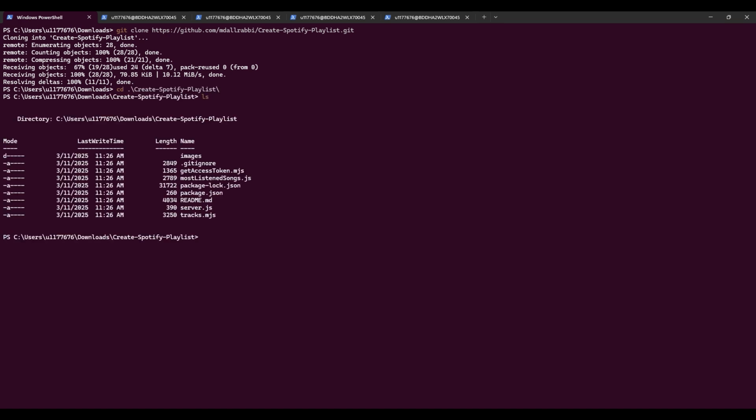So we got our repository cloned. So this is our files. Basically, this is JavaScript, so we will require the package.json, and we are running our server with server.js. We are authenticating ourselves, or getting the access token, with get access token dot mjs,